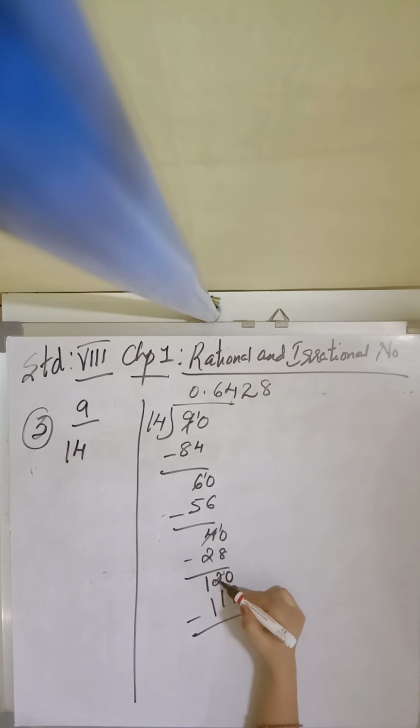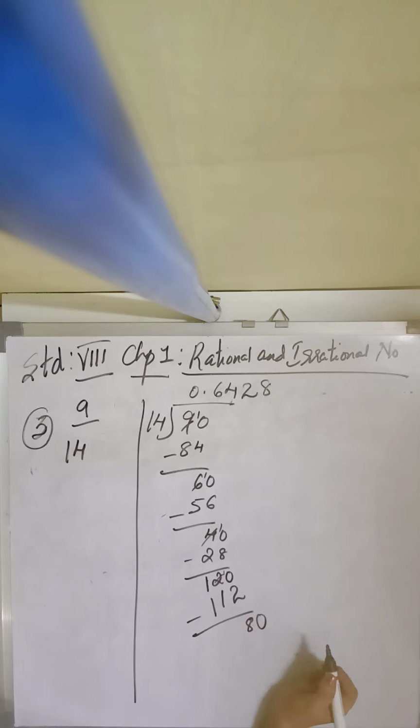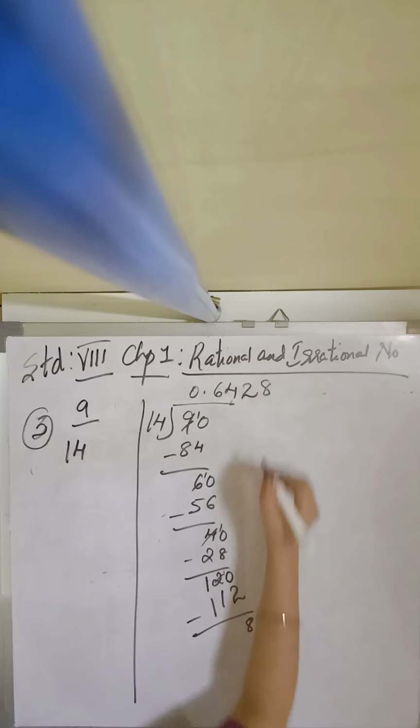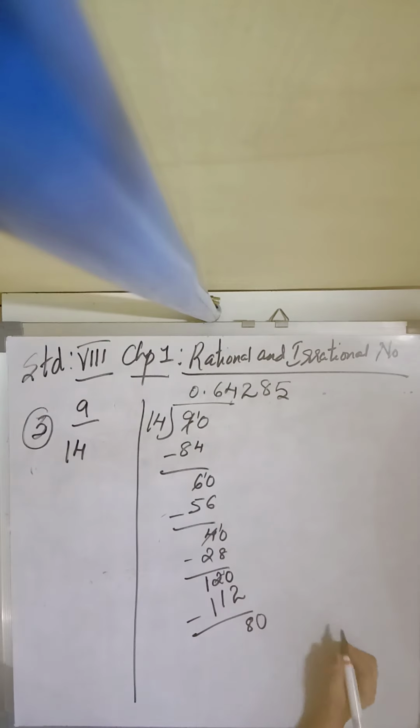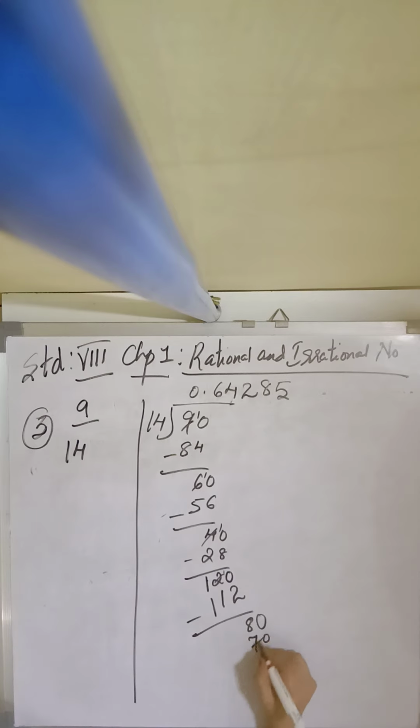Then here what is there? 2. Okay, 1 minus 1 is 0, and this. So again we are getting 80. Now next will be what? 14. 14 5s. What is 14 5s? 14 5s is how much, children? 70. 14 5s will be 70. So you are getting 10. That means 0 and 1 0.